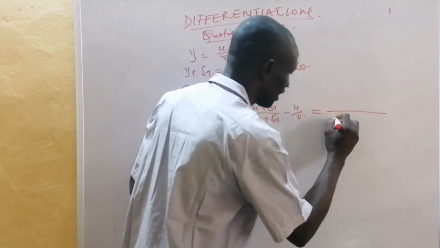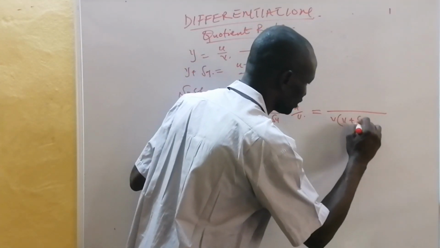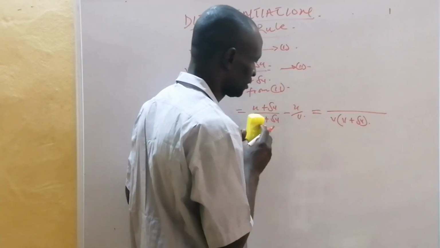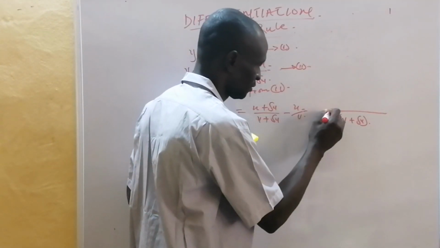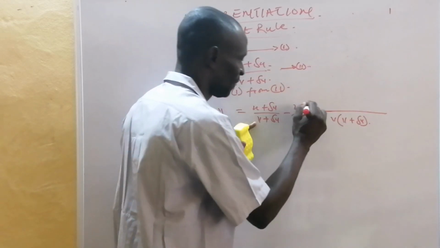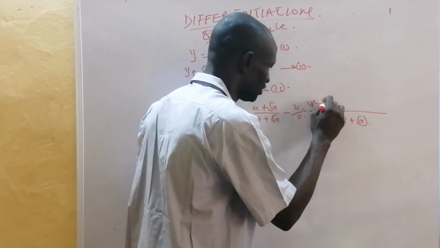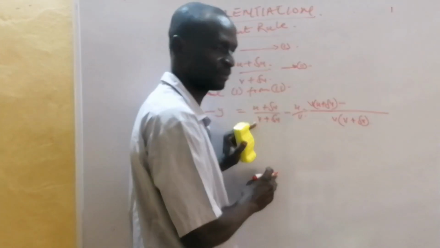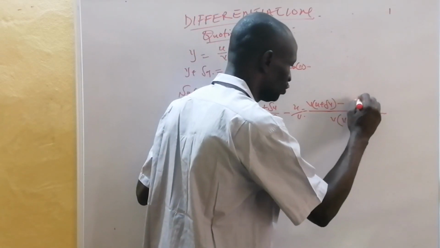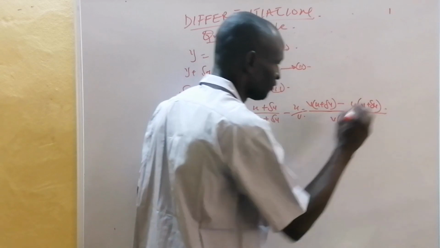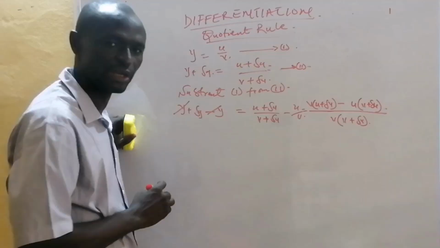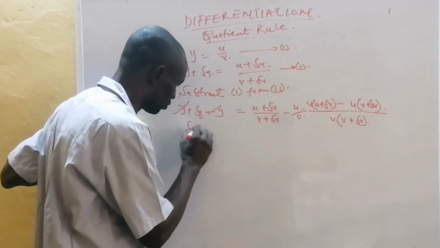Now this should be the same thing as, let's pick an LCM. The LCM becomes v into v plus a change in v. So v in here becomes v times u plus a change in u, and I'll be left with v. Then minus u in here, I'll be left with v plus a change in v. So I have minus u into v plus a change in v. Now look at this carefully. y minus y cancels out. I'm left with change in y equals